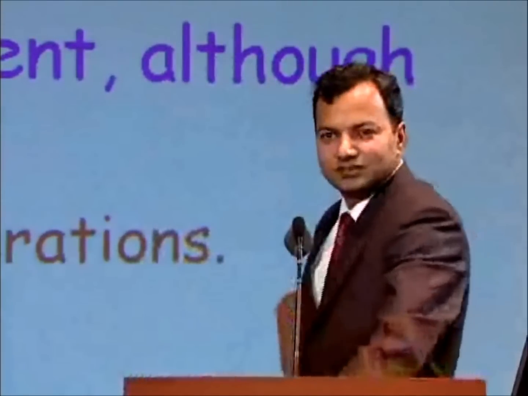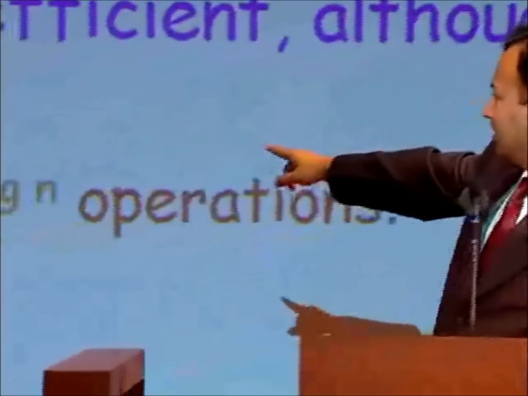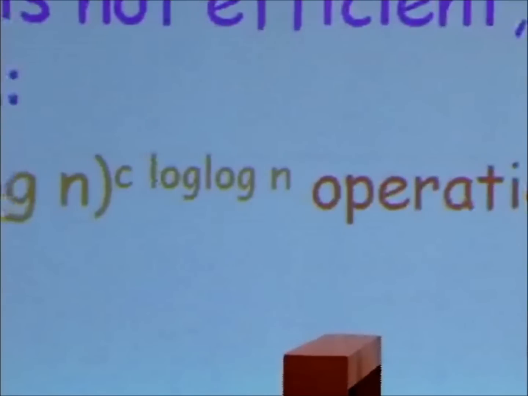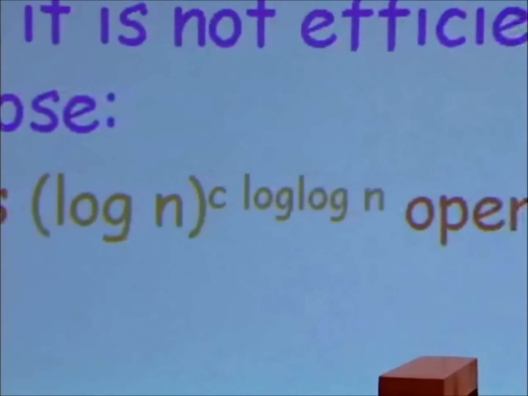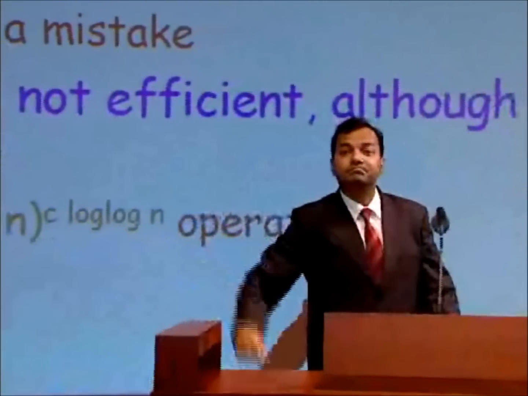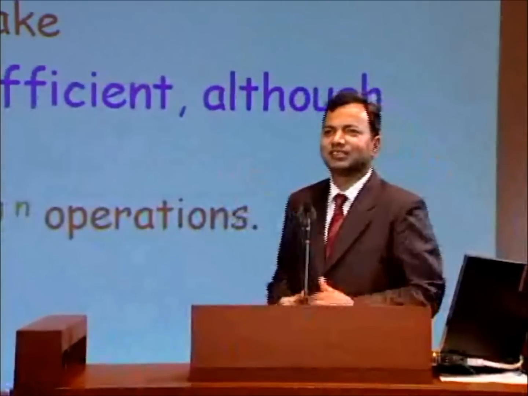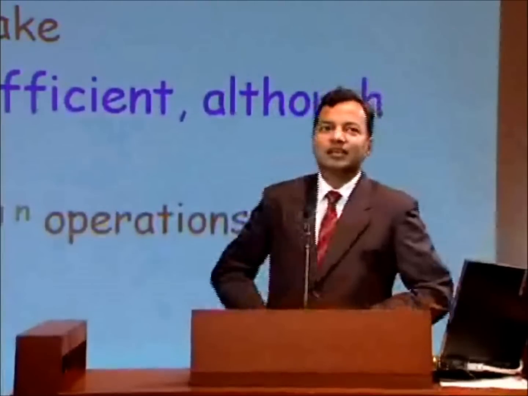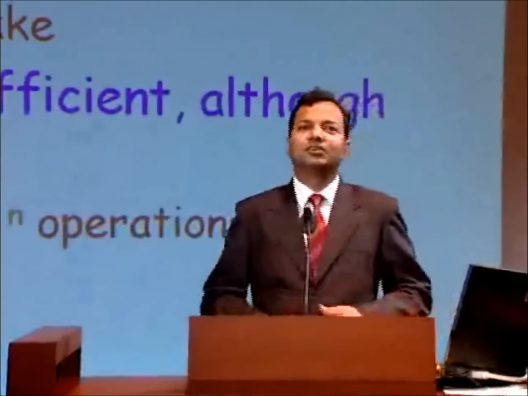But it is not quite efficient, although it's very close. If you look at the number of operations it performs, it goes like log n to the power of some constant times log log n. Oh, I missed a log there. Read it as log n to the constant times log log n. I've written log n there, but it's really log log n. So log log n is a very small number. Somebody remarked that although log log n theoretically goes to infinity, empirically it has been found to be less than or equal to 4.